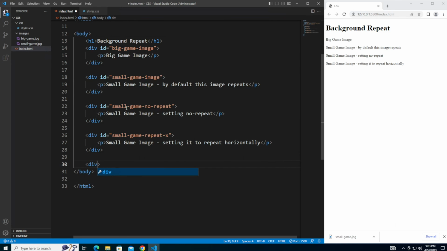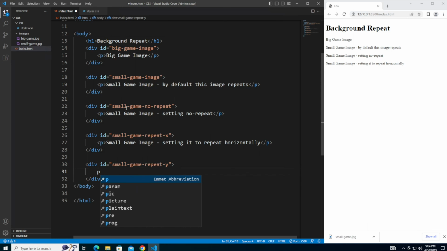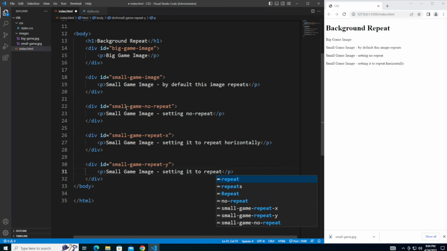Give it an ID of small game repeat y. Paragraph. I'm going to say small game image, setting it to repeat vertically,